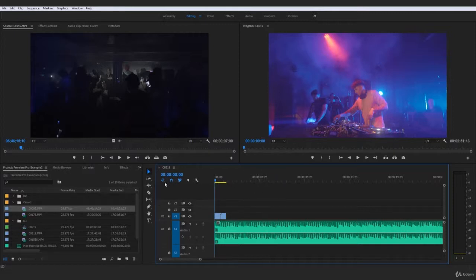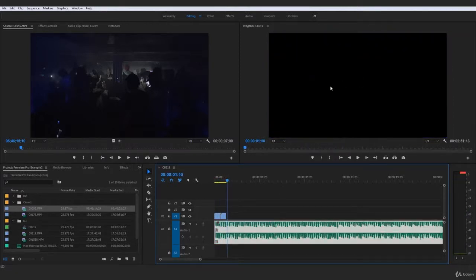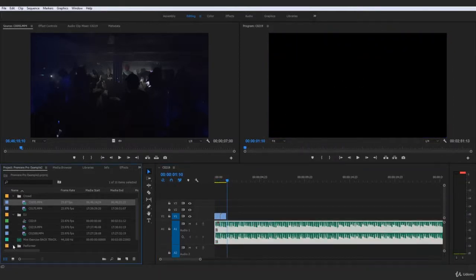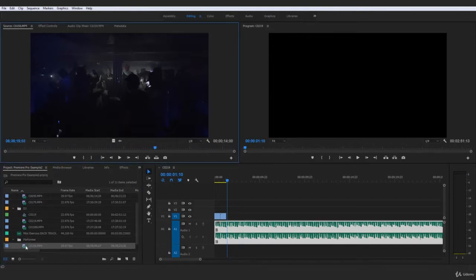So don't worry if I'm just briefly using these. We're going to, by all means, be much more extensively going into this. But right now I've got a DJ shot, and then I've got a crowd shot. So now I actually want to go down here and grab my performer, go ahead and double click her, and